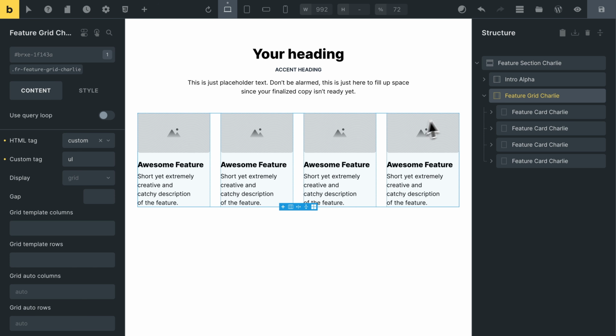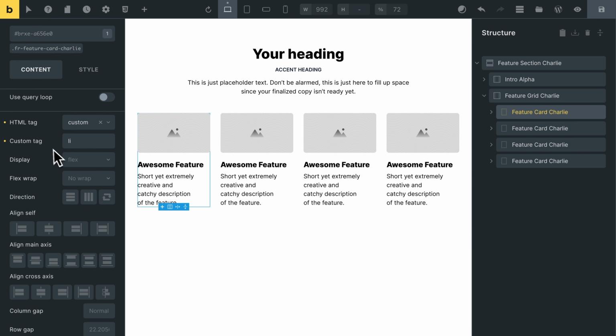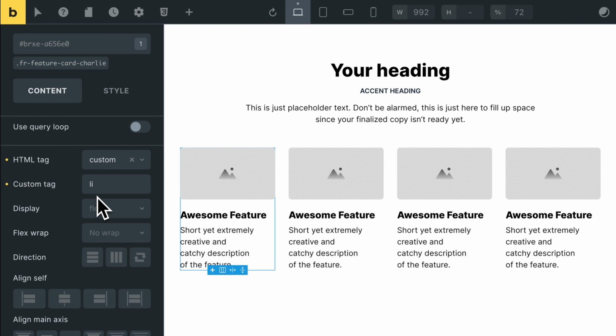And then here, let's come over to the list items, each video in my case, or each blog post or whatever. And because this is an individual list item, back to the settings, well, Frames gives that an HTML tag of LI, a list item. Perfect choice of HTML elements and structure. I mean, even if you don't understand HTML, you can just rest assured that it's all structured properly.